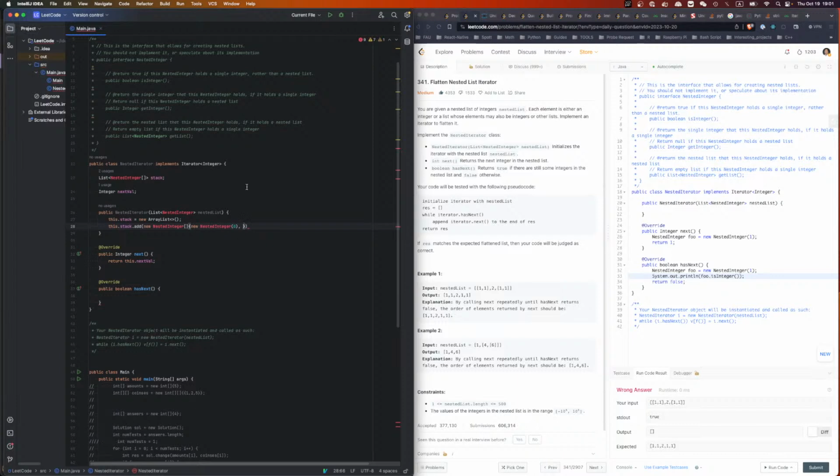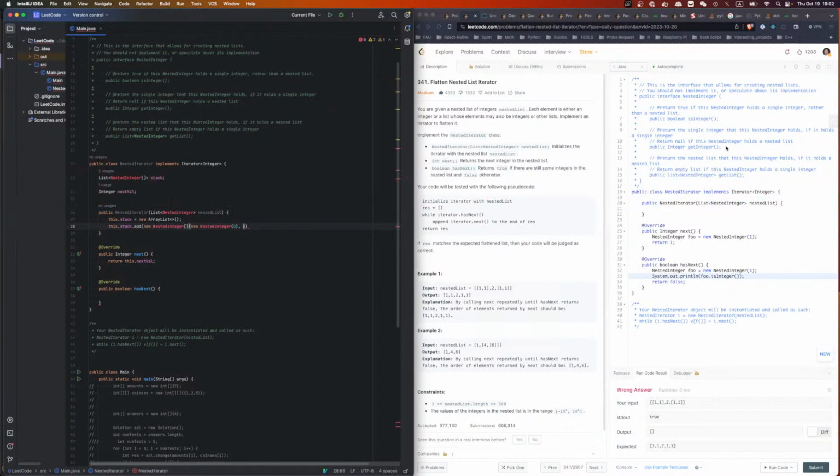No. It's a list of nested integers, but inside it could also be a list. Wait, hold on. Let's do one more time. Inside, it's either an integer. So nested integer is either an integer or a list of nested integers. So in that case,